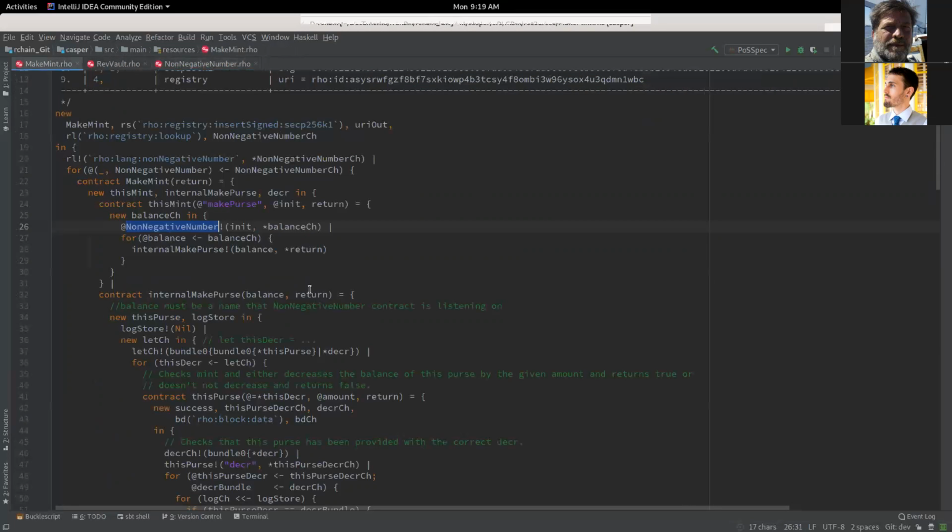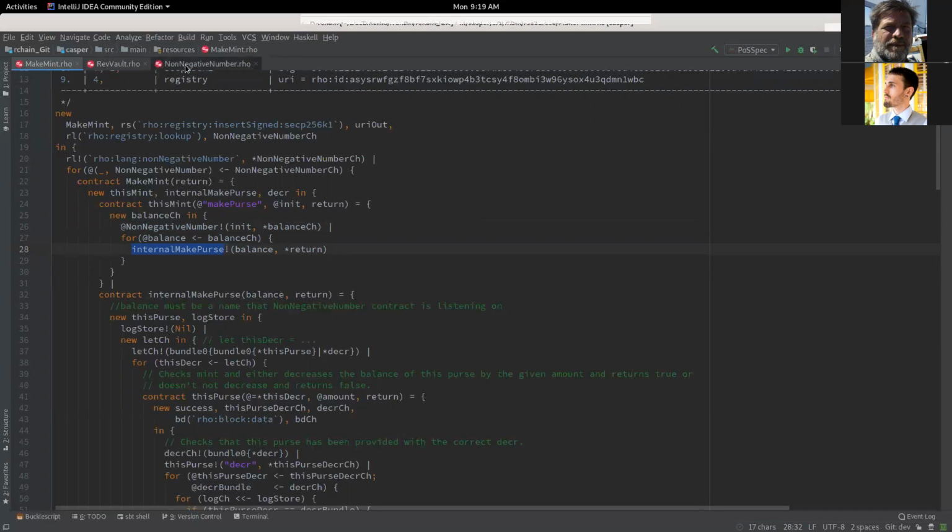So not only do we do that, we've initialized some instance of the non-negative number contract. We put this thing on this balance channel, and then basically we're going to use,